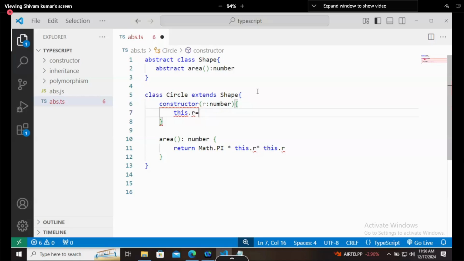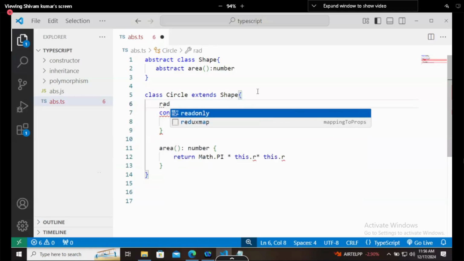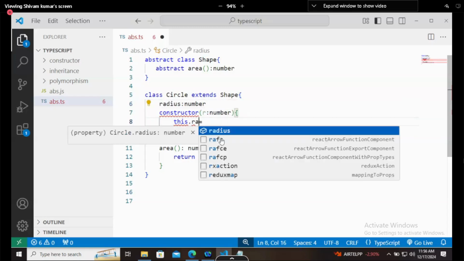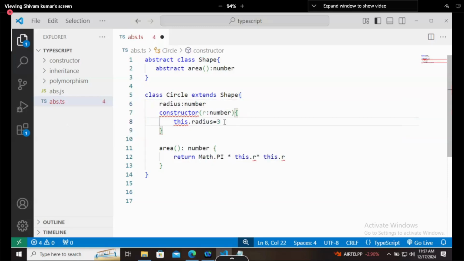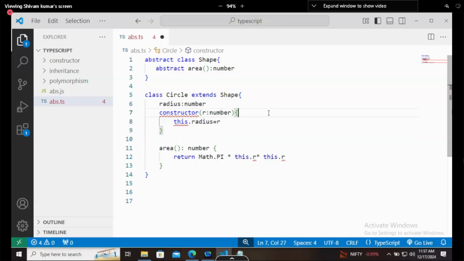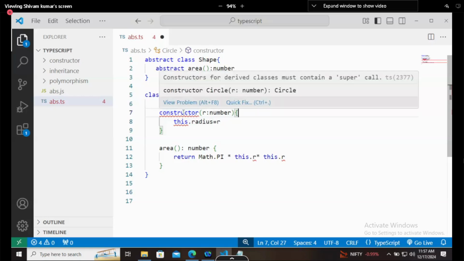If this class was having radius, which will be a number, then you can set this.radius equals r. In this way you can set, but now in this way you cannot set. The constructor will say that the constructor for derived classes must contain a super call.